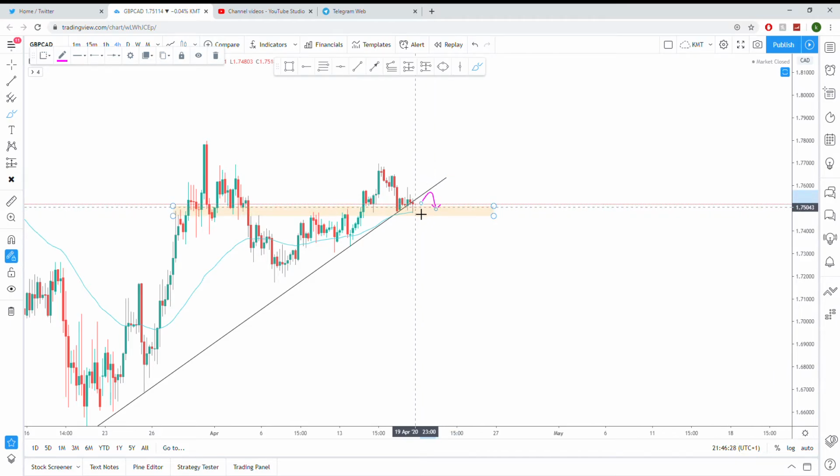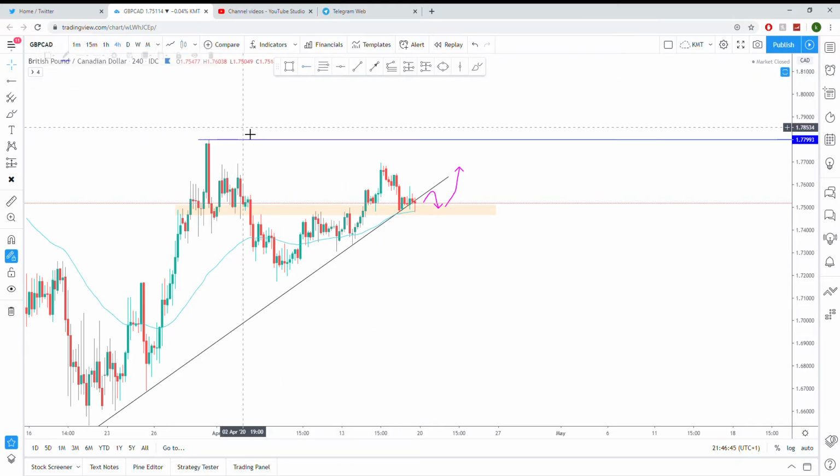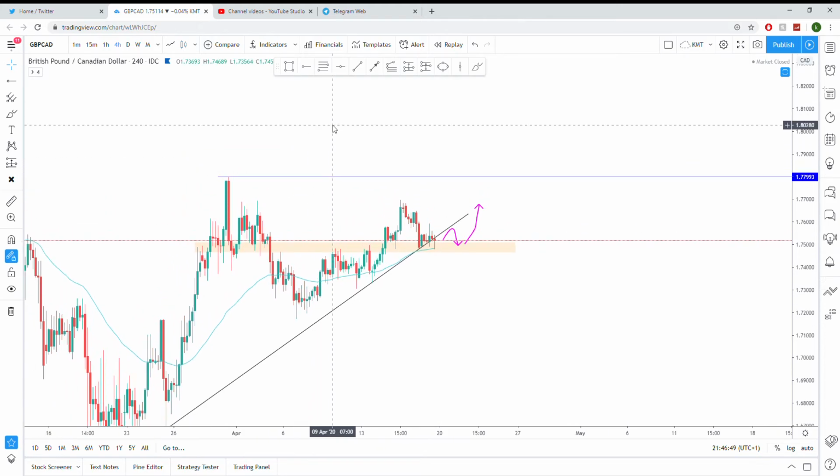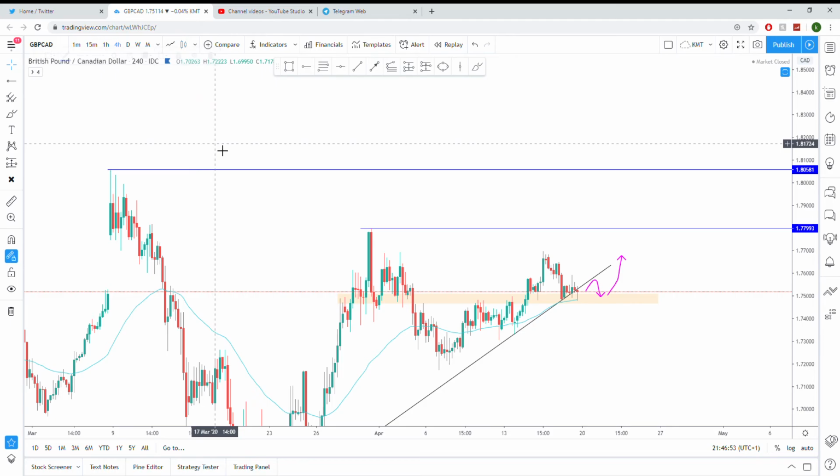So as you can see here, if we now find a bullish momentum to the upside, sorry, I couldn't get my words out. If we do find that momentum to the upside, we will have that confidence to see if we can aim higher and test the current high of 1.77. If we do get that high, we can start making even further highs and target this previous high as well,